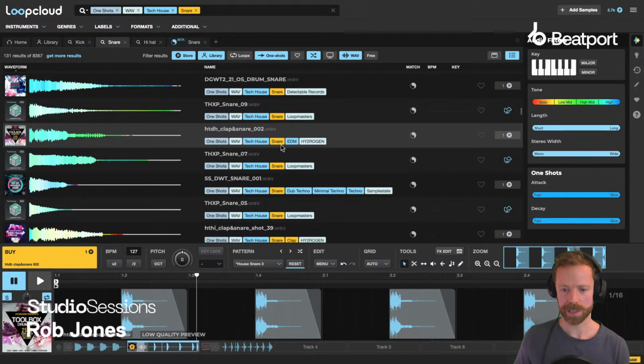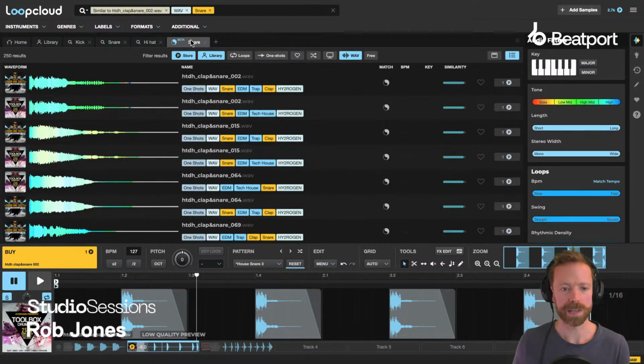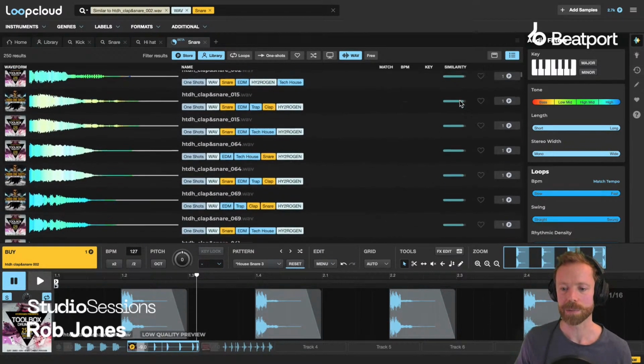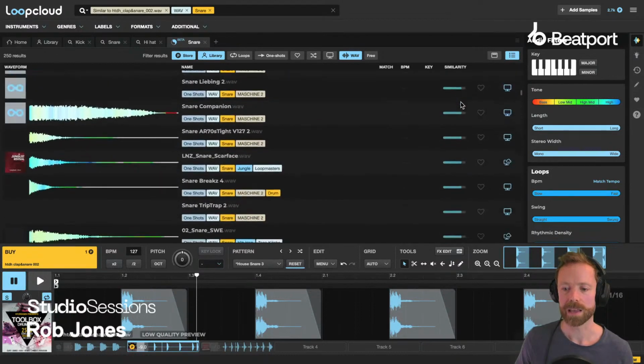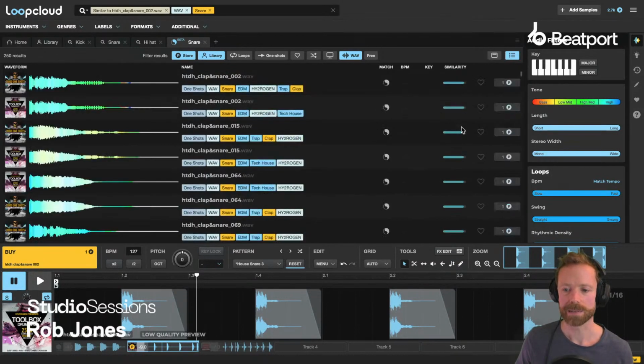Sometimes we'll look at the tags a little bit, but mostly I think it focuses on purely the sonic characteristics. So you can see how similar it gets, and you get a little bar here showing you the similarity as well. The further you get away from it, the less similar it is. But right at the top here,